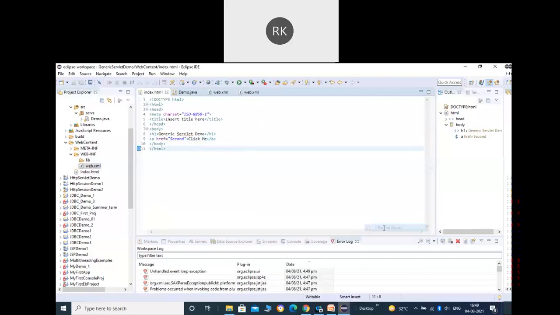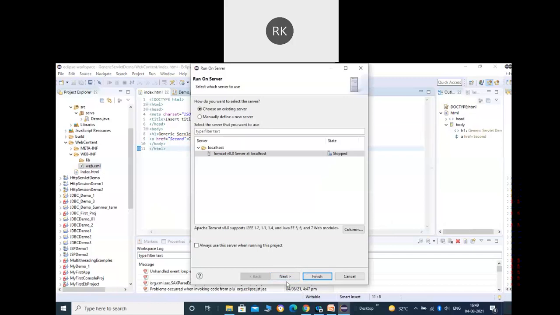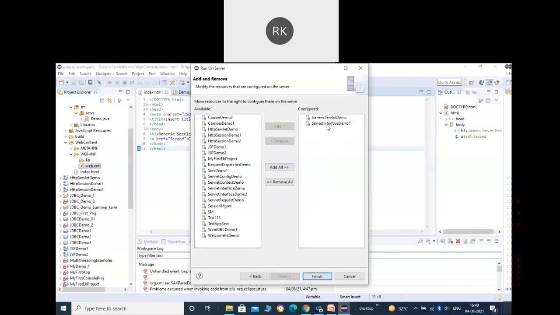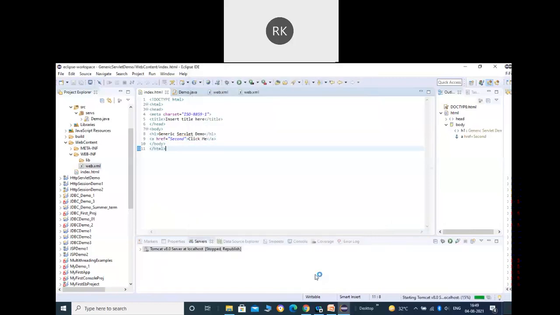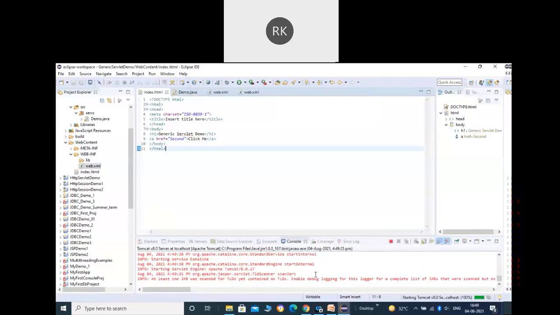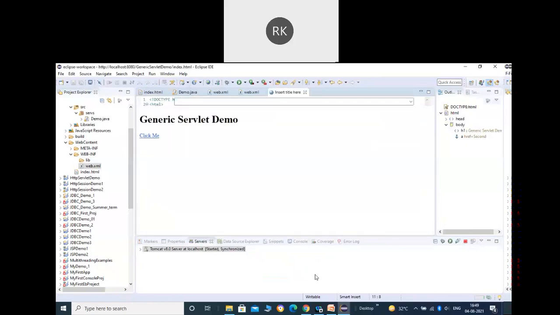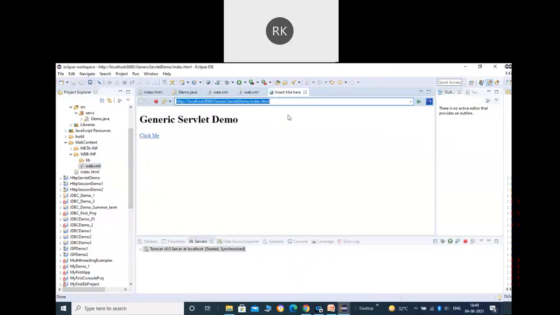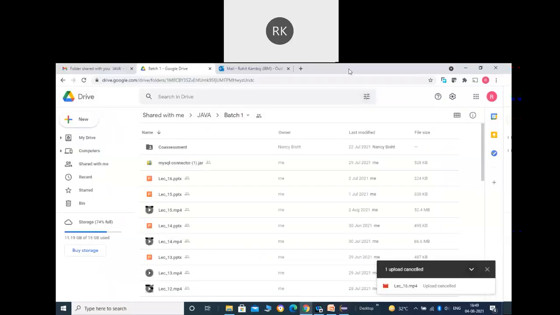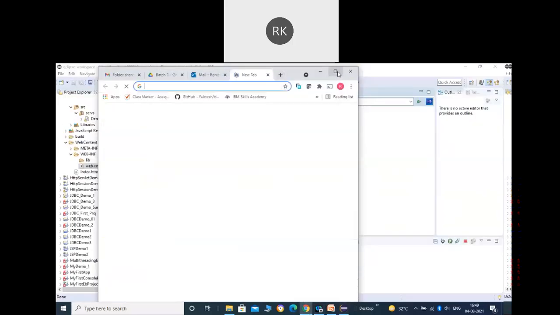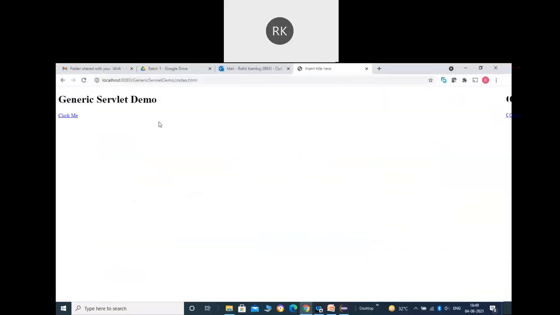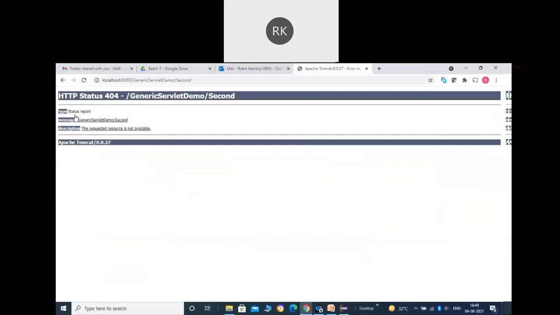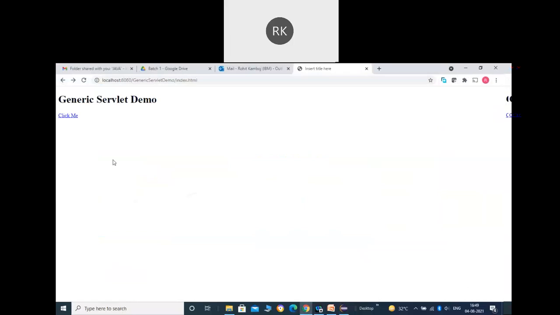Create the class. And in the servlet mapping, we should have the same name, that would be test. And what is the URL pattern? You can see in the index.html, the URL pattern is second, so I need to specify it as second. Now we are ready to run our project. Right click over it, go to run as, server. Let me remove yesterday's project, then select servlet demo and run.